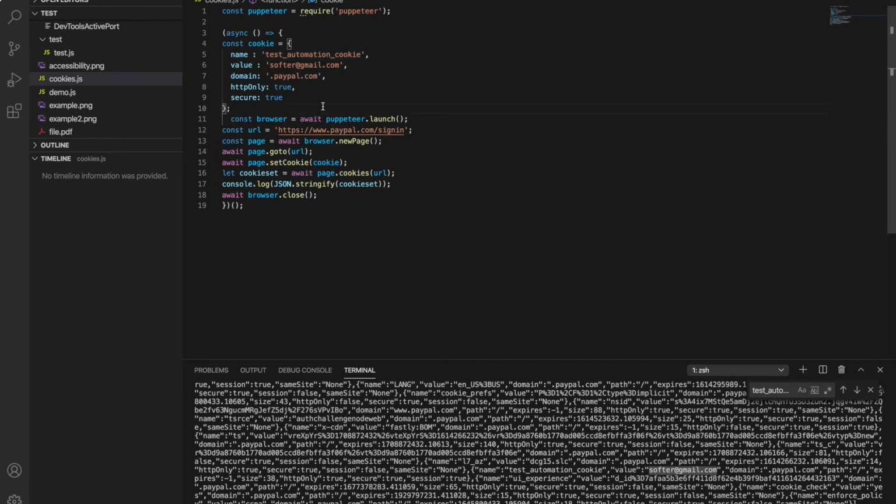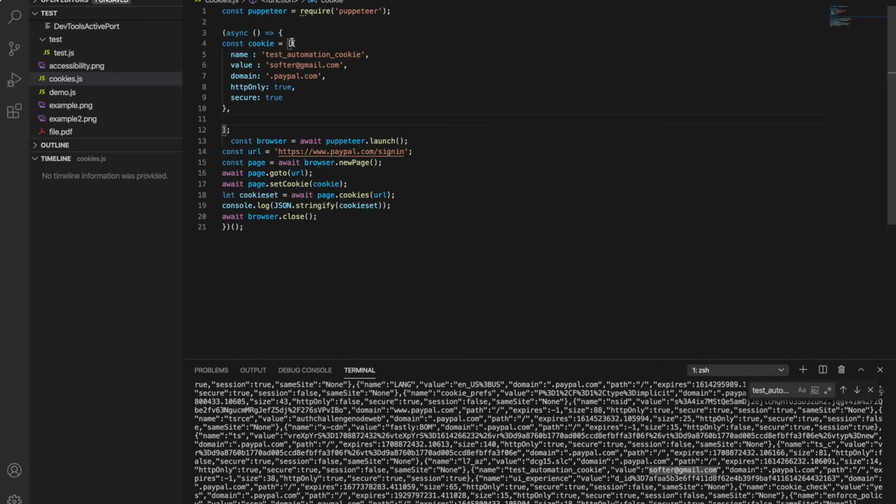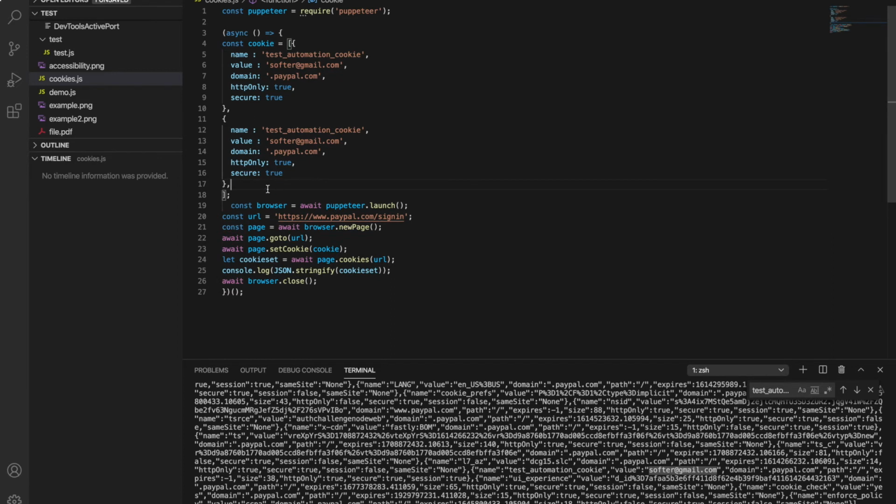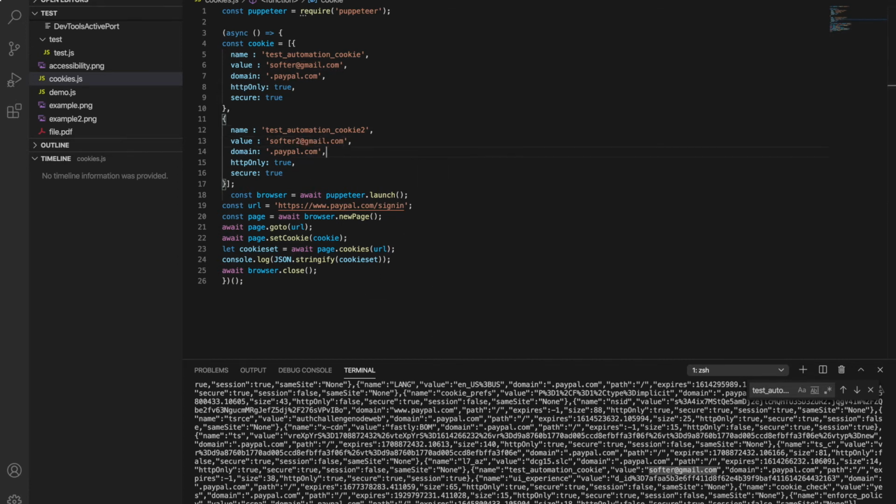Here you can pass multiple cookies as well. For that you can create an array of those objects and create multiple cookies and pass them. So I can pass another cookie as well. I am copying this, and giving this a 2, software2@gmail.com, and other parameters are the same.